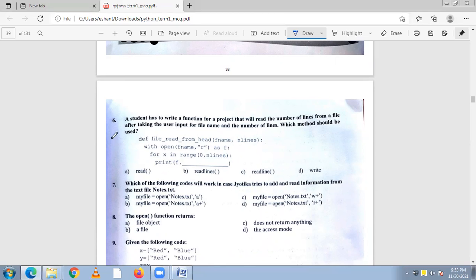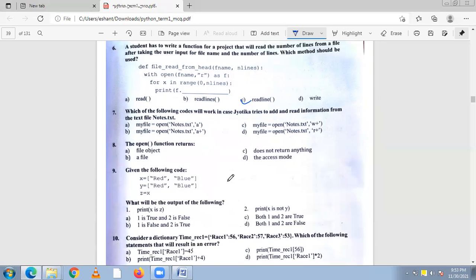First, we have to define a function and open a file as an object, taking a loop, and what should be printed. Okay, so input file name and number of lines. We have to find the number of lines. So which method? Read line. So print read line.